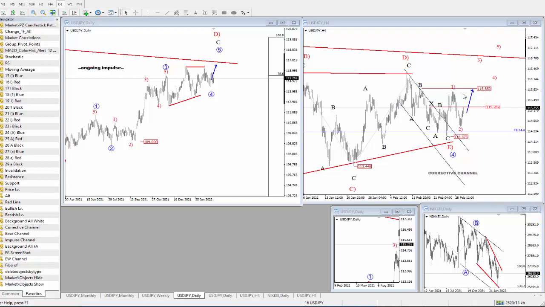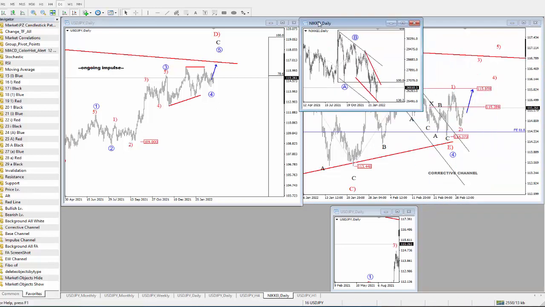So if the market can recover here by the end of the day, or maybe even by the end of the week, above 115.80, then I think more upside could be seen in days ahead. If we see a drop back below 114.50, or even more important, the 114 level or 113.70, I think there is a risk for further weakness, or at least sideways chop to continue within this wave 4.